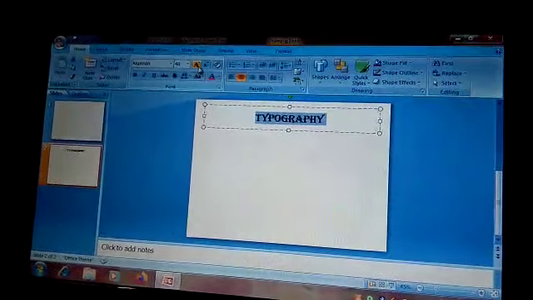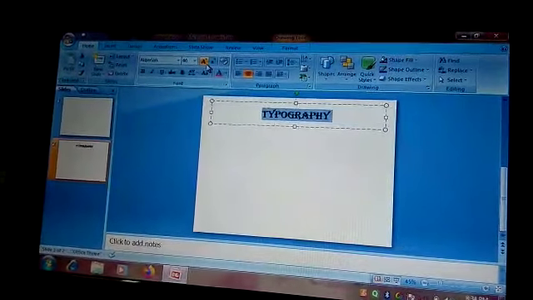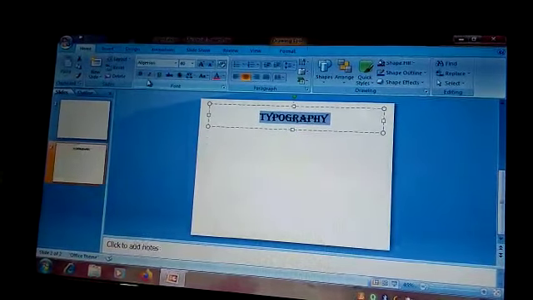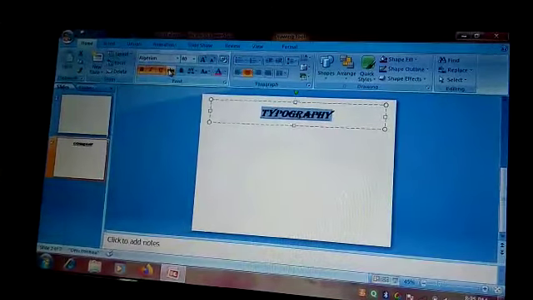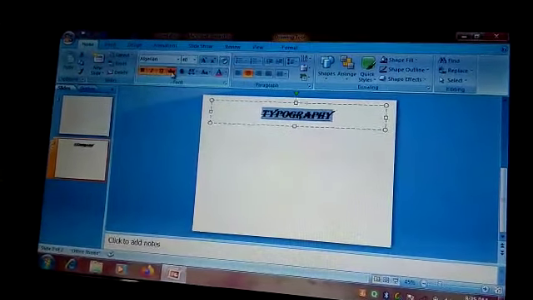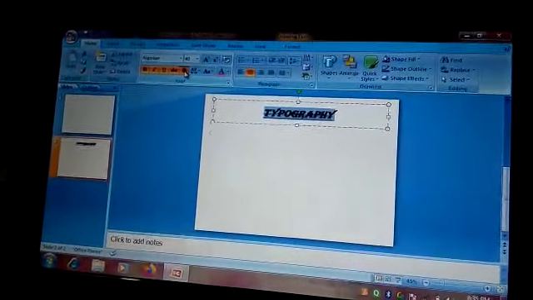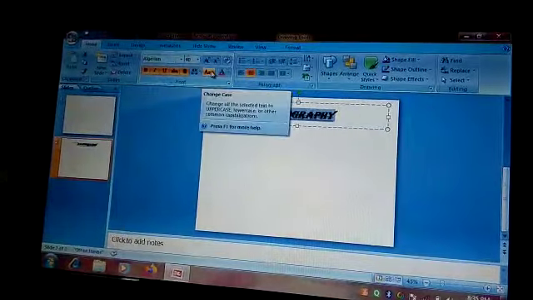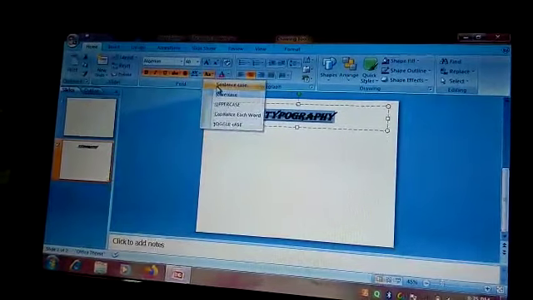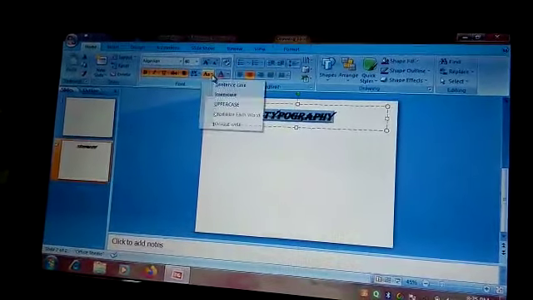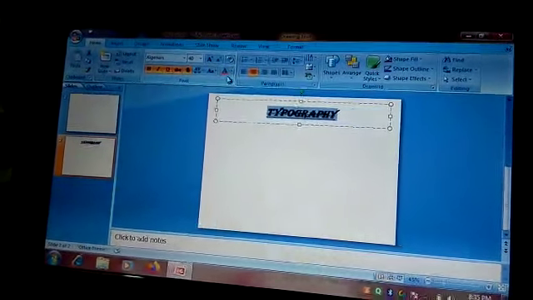This is for decreasing and this is for increasing the size of the selected text, whatever you have. Besides this, we have bold, italics, underline, strikethrough, and if I want to place a shadow on this, I have so many text shadow options over here. You can go for it, and then you have uppercase or lowercase if you want to change the case of the title. Suppose I want to make it sentence case, then you can make it sentence case. If you want to change to uppercase or lowercase, that depends on you, in whatever case you want.